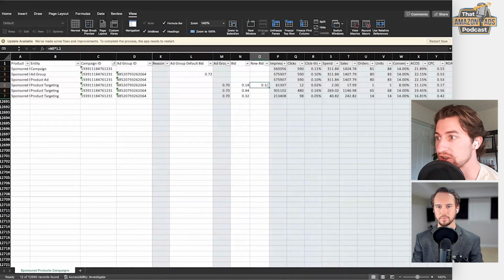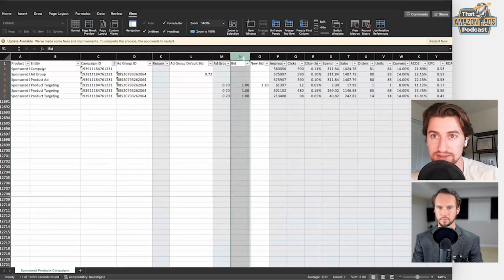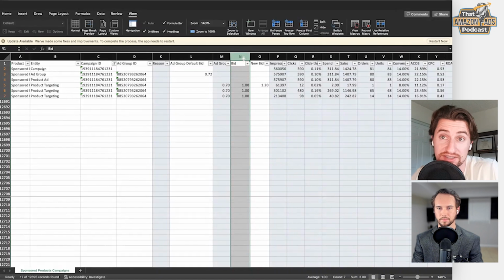We're saying I should increase this bid by like 10 or 20%. But these bids could be whatever. The bid itself is not a data point. The bid is a current status. It's what the bid is currently set to. So my cost per click is a data point.